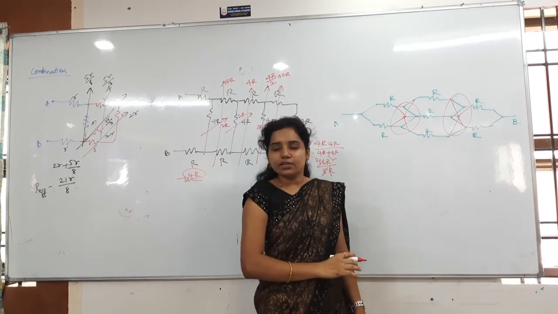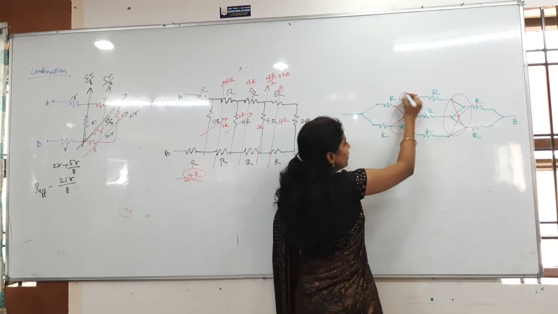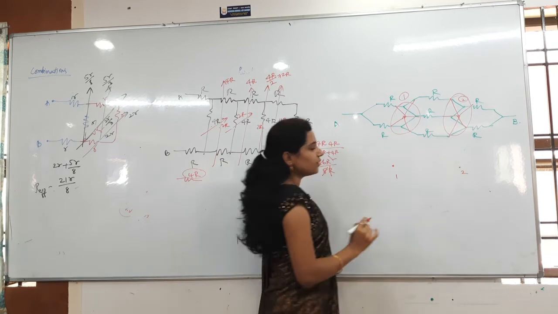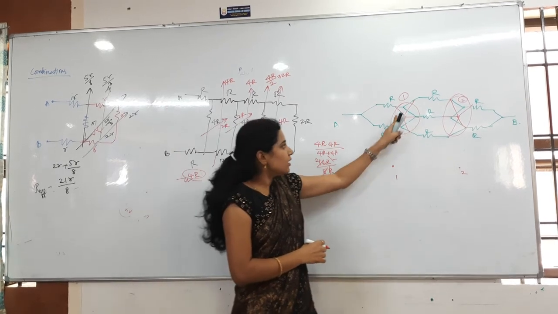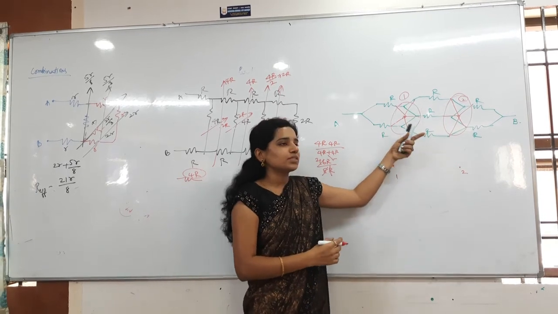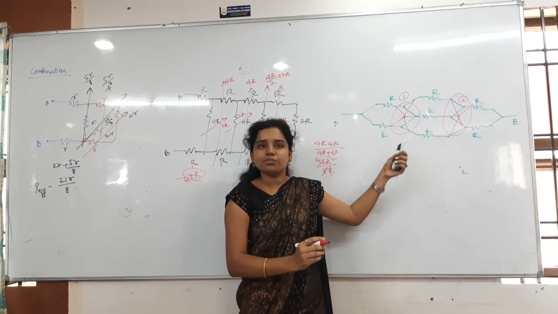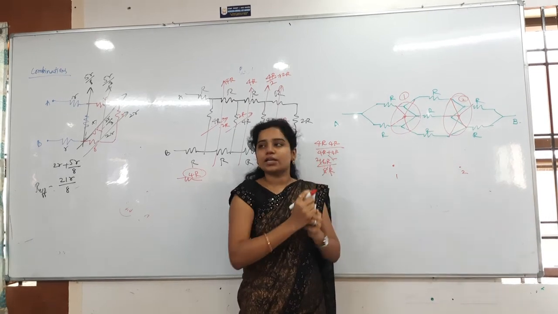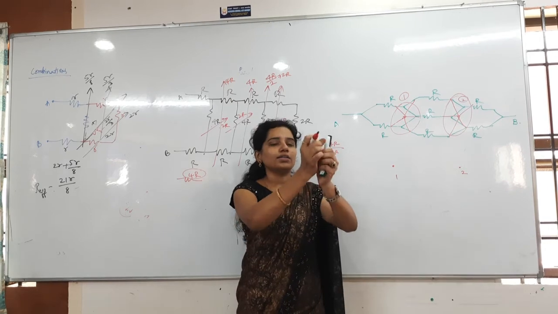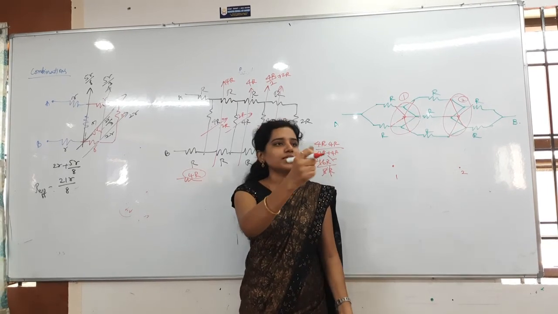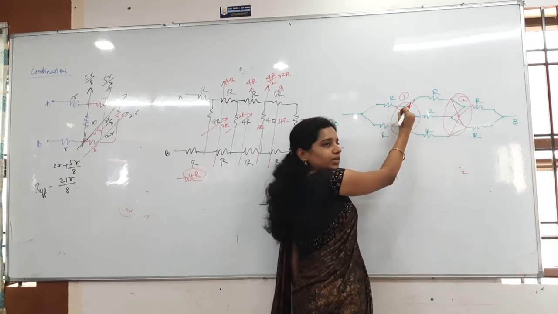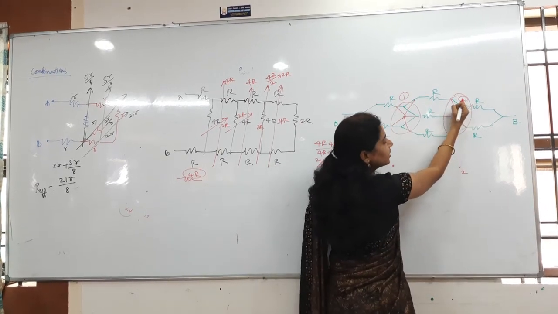Now are you clear? Let me take this as point 1 and this as point 2. At point 1 and point 2, you have to identify how many are connected. If a resistor is there, it will be a different case. But where there are only single wires, you can join them all and take them to the same place. For example, if I have a number of threads, I can lift them all and hold them together, because there is nothing in between. So I am just pulling it and holding it here.